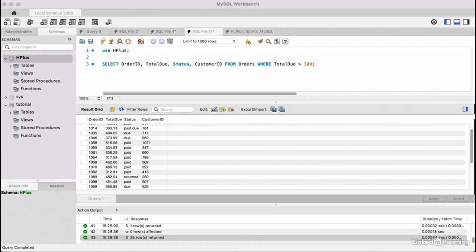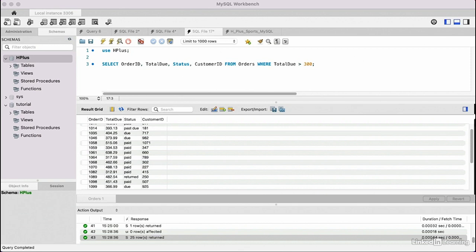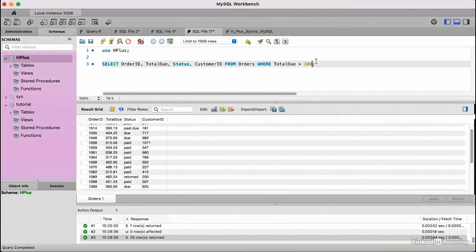We've done some simple queries, but what if we wanted to do more complex narrowing down of rows? What if we wanted to get all orders over $300, but only those with the status of paid? So to our previous query, we're going to add to the where clause. So we have total due over 300. We're going to add AND